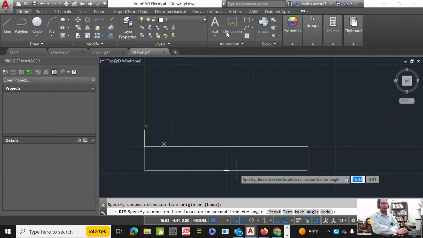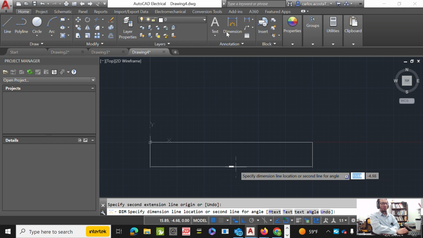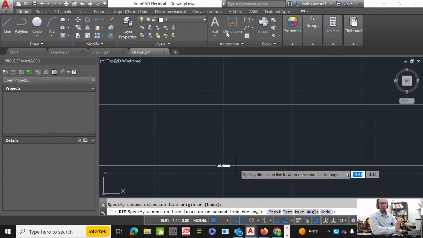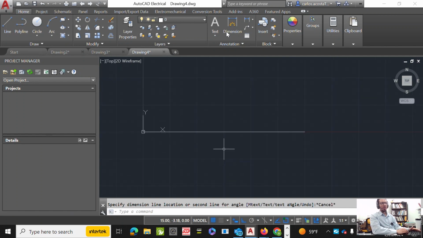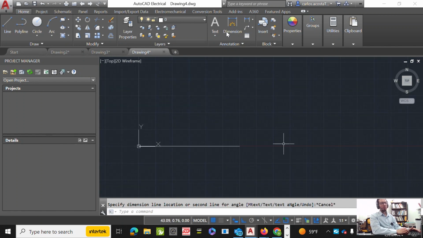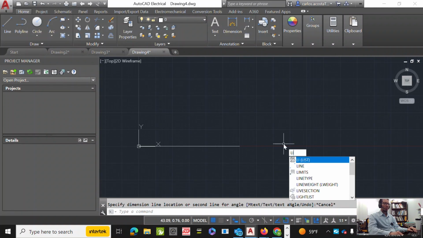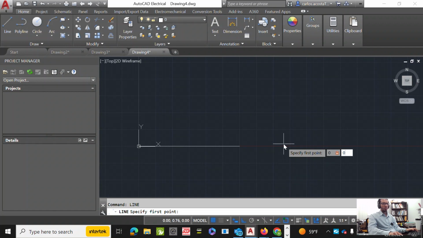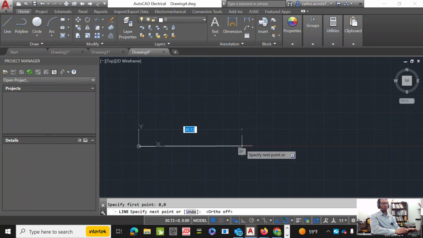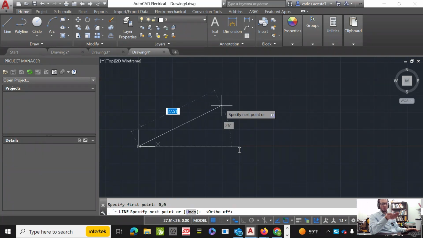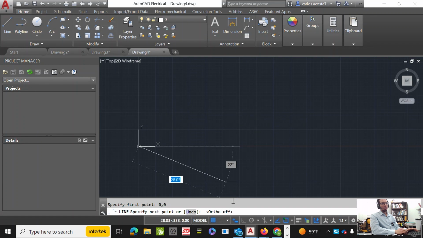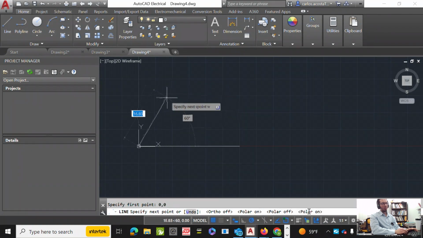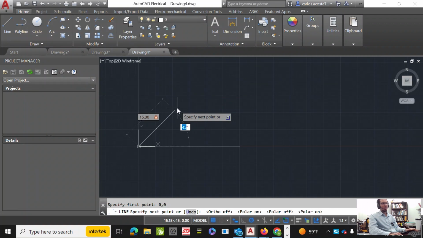Right, so this is a line on the absolute coordinate system that is 30 inches long, and the first point is at 0, 0. Okay, now let's use polar coordinate systems. So let's do another line, and it's going to start at 0, 0, and then I'm going to take ortho off, and ortho is for rectangular coordinate system. For polar coordinate systems, you take ortho off, and it says right here polar if you want to use other options. So polar off, if you do this, is polar on, it's right here, and then you can do 15, and when you tab, it's going to be 45. Alright, so